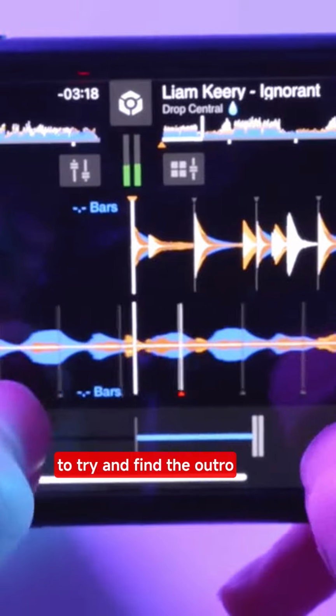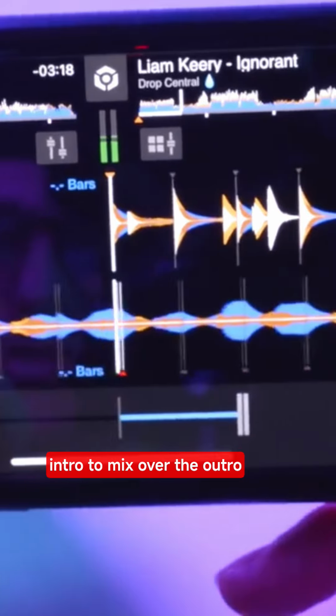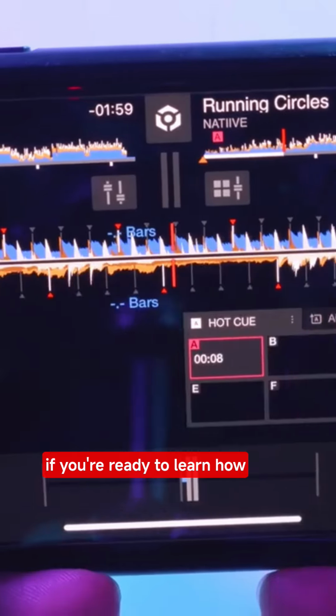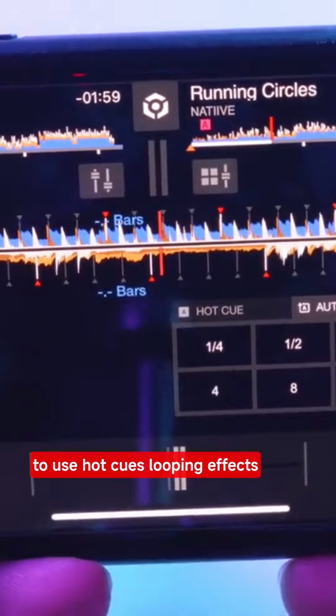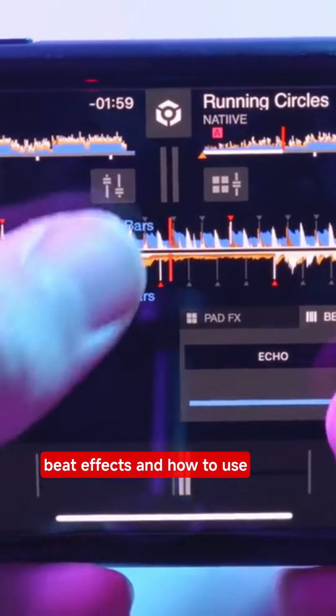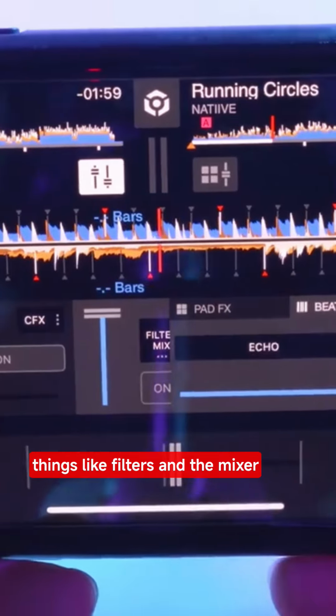We want to try and find the outro of one track and use the intro to mix over the outro. If you're ready to learn how to use hot cues, looping, effects, beat effects, and how to use things like filters and the mixer tabs,